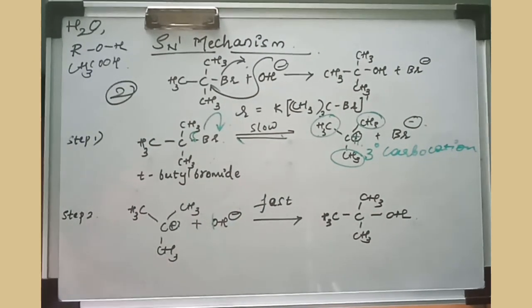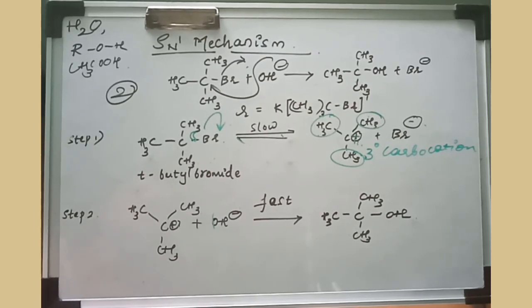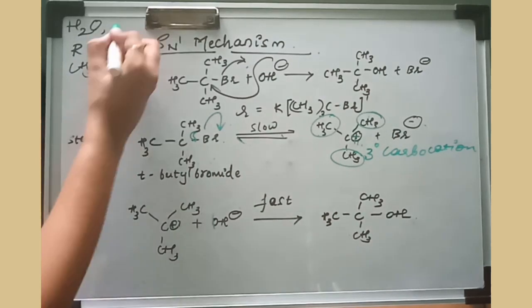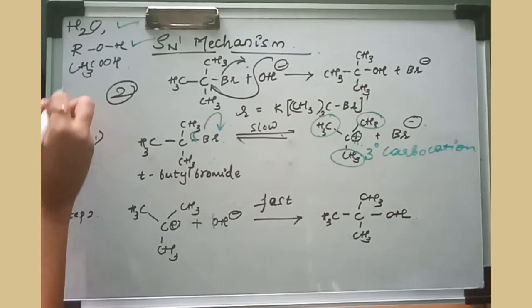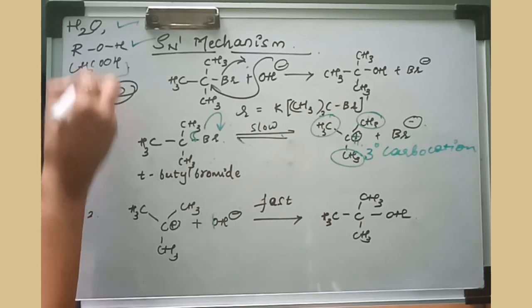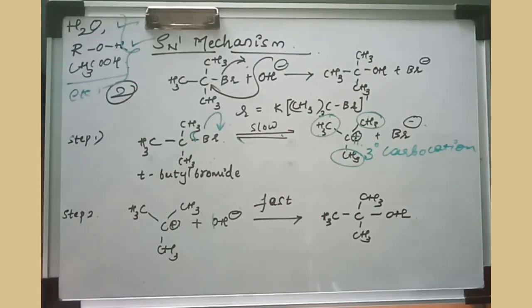That is one thing. The second factor, how you can also influence this reaction, is by adding a polar protic solvent. So what are polar solvents? You know that one electronegative atom will be there and one electropositive atom will be there. That means there is a polarization, or polarity, present in such a molecule. So that is polar. Protic means they can give H plus ions. Okay, they are called polar protic solvents. Examples that I have written here are water, alcohol and acetic acid. Many are there, so only a few polar protic solvents I have written here.